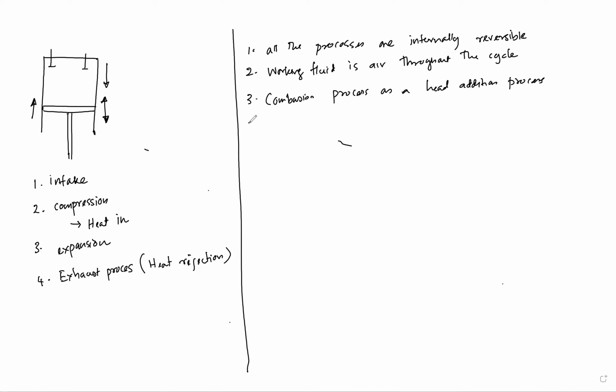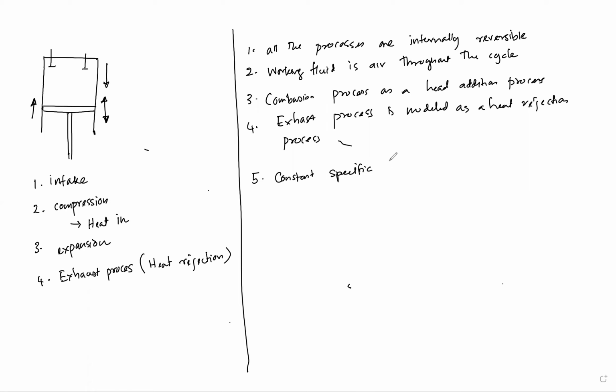right? And the fourth one is the exhaust process. Exhaust process is modeled as a heat rejection process. So these are called air standard assumptions. And also, if we add the fifth one, that is the constant specific heat assumption,